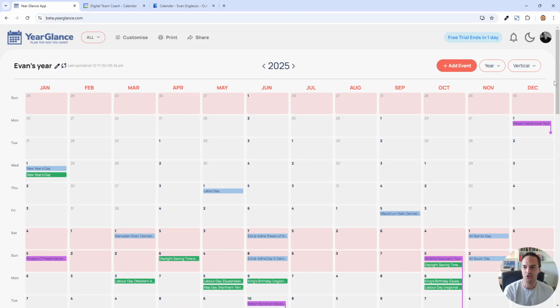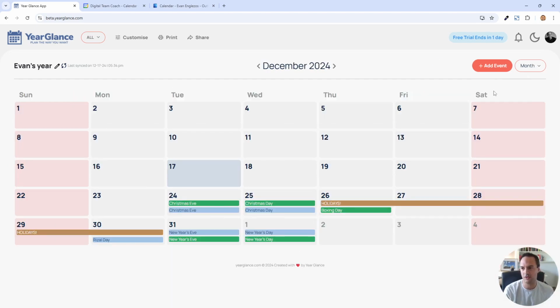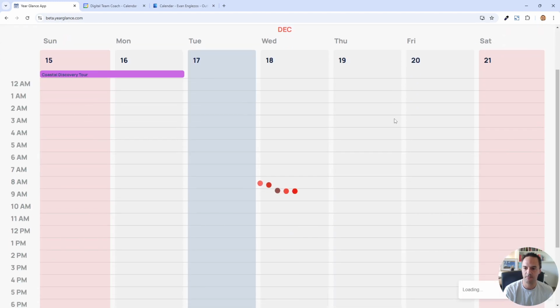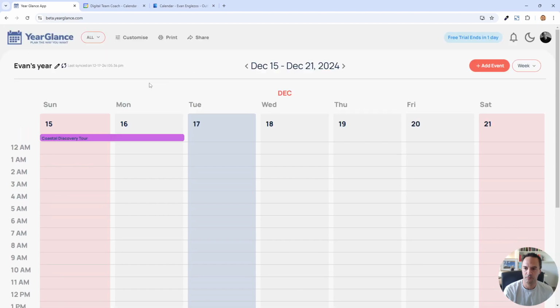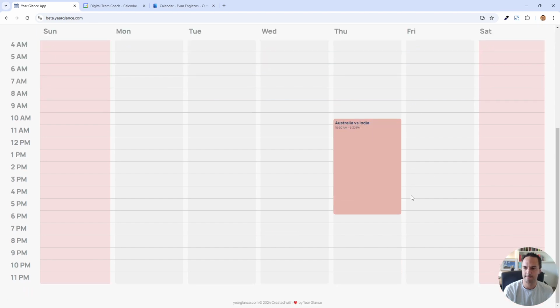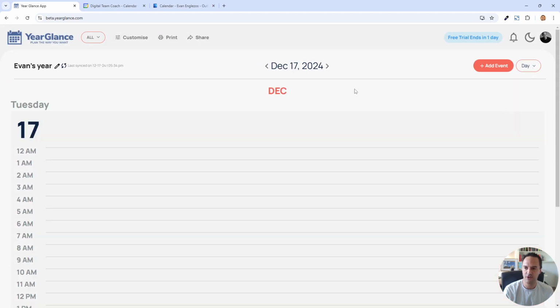Now, while we're talking about views, there are some great new features that we've got. We now have extra views available to us. So we've broken it down so you get pretty much the same experience, or the same number of views plus more, that you have in your typical Google and Microsoft calendars. So here we go. Here is the month view. Let's go down. We've got the week view. Let's go to the following week, because then we can see the public holidays. Just moving across, there we go. And then we've got a day view.